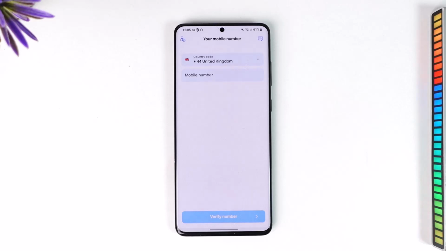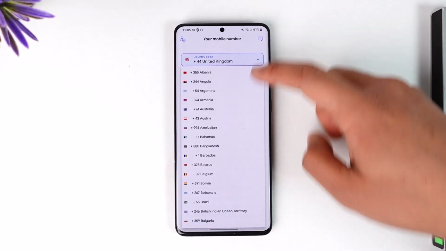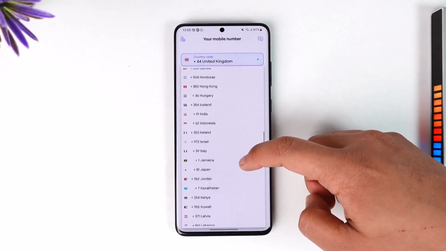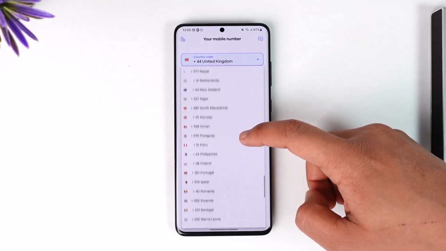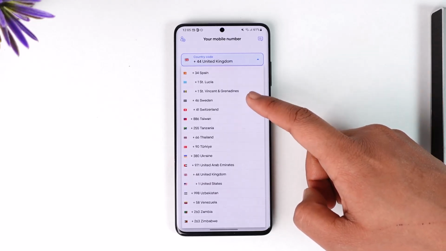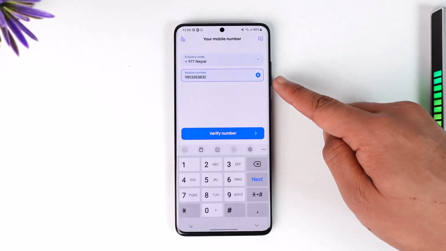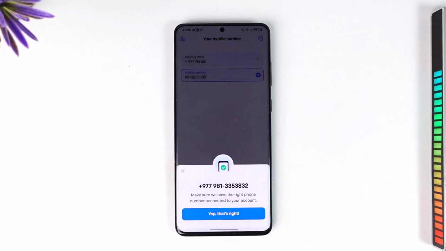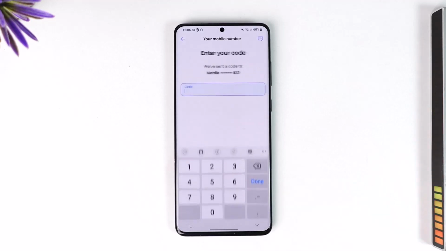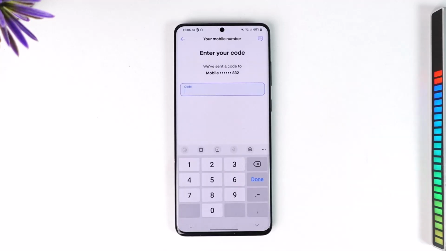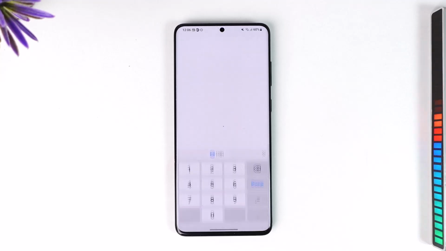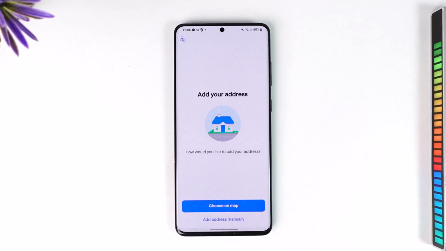Once you re-enter your passcode, it will ask you to simply enter your phone number depending upon the country that you live in. So you can also go ahead and make sure to enter your phone number here as well. So I will also go ahead and search for my phone number here. Once you enter your phone number, just tap the verify number option and then just tap on the yes that's right option, and it is going to send a verification code to this phone number as well. So just go ahead and wait until you get a verification code,